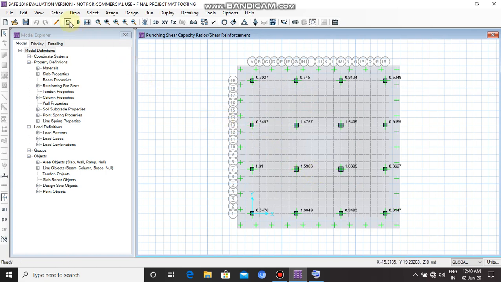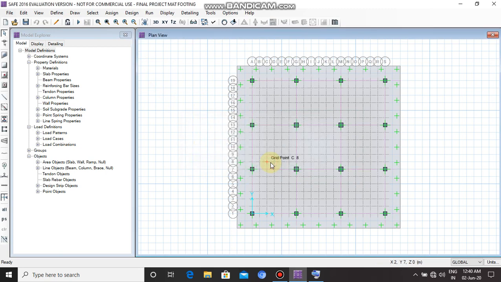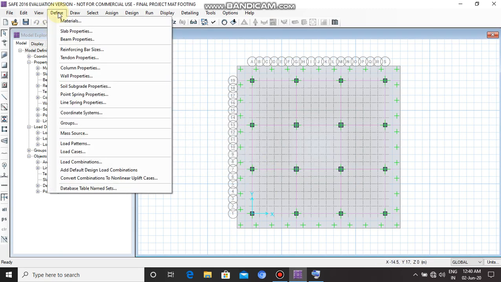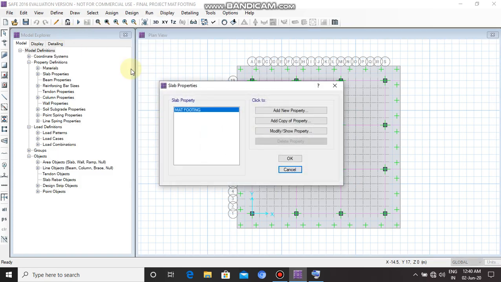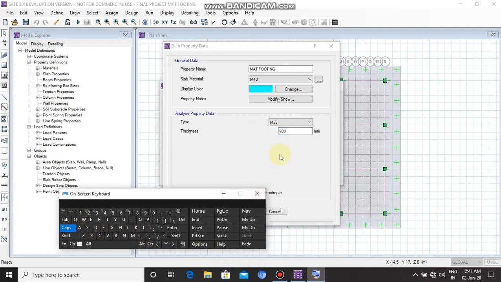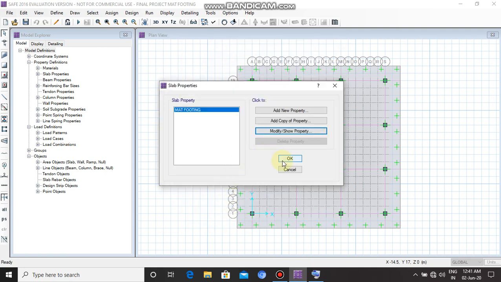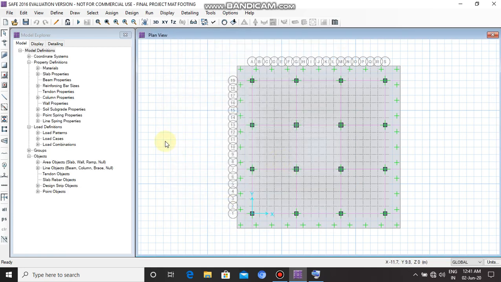So again we have to unlock the model, click on OK, go to Define, go to Slab Properties, then click on Modify/Show Property, change the thickness to 1200 mm, then click on OK, then click on OK again.